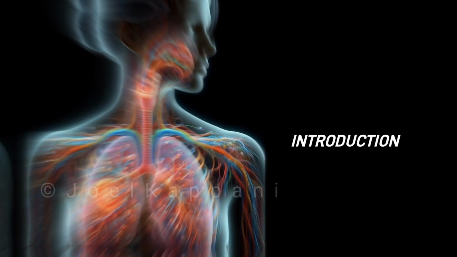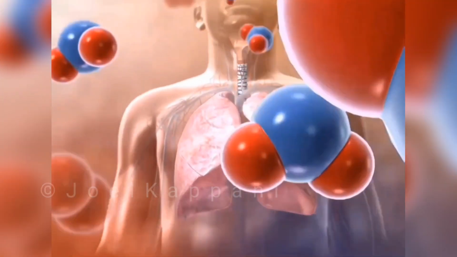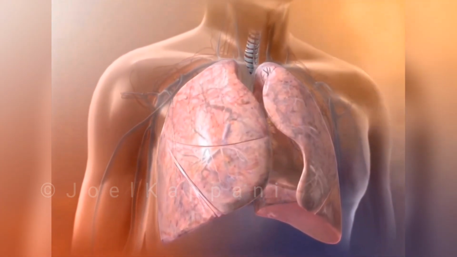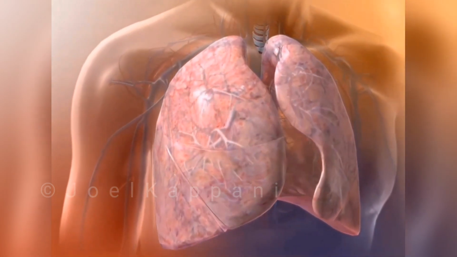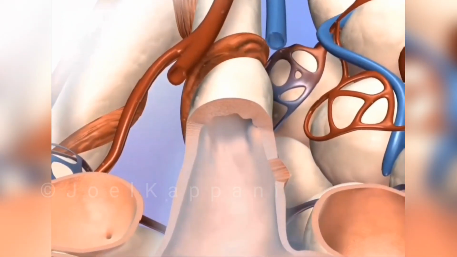Introduction. All body tissue depends on the efficient exchange of oxygen and carbon dioxide between the lungs and the blood. In order for the lungs to maintain adequate ventilation, the lung tissue and capacity must be healthy. Airways must be clear for air to flow freely, and the lungs and alveoli must be able to expand and